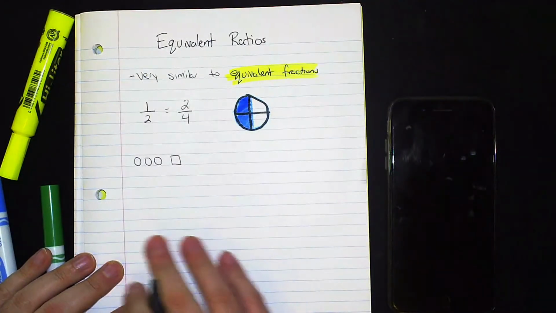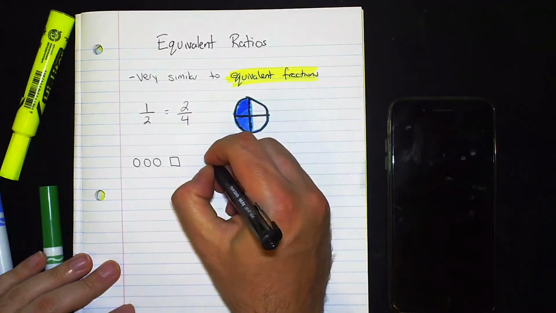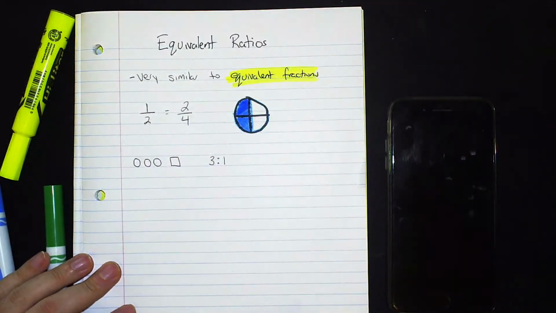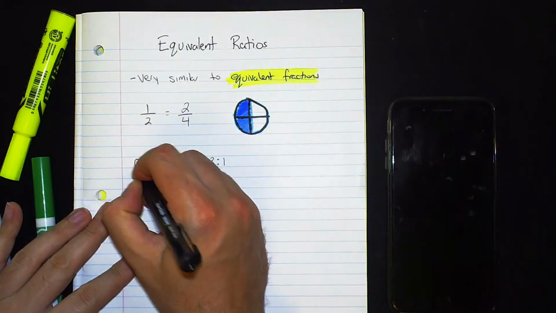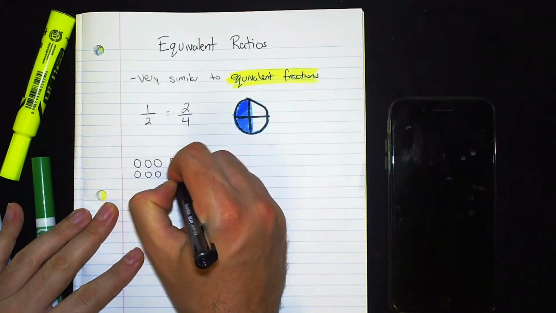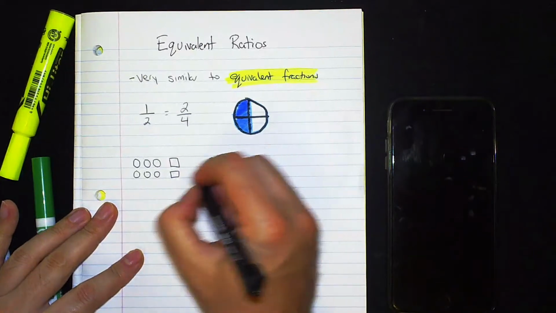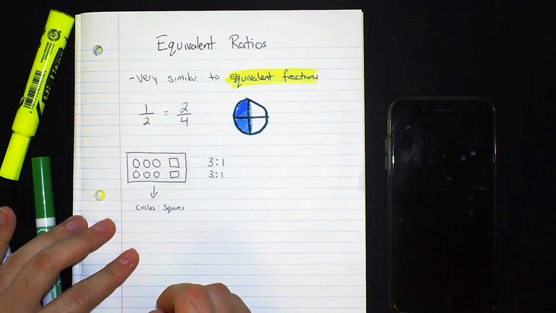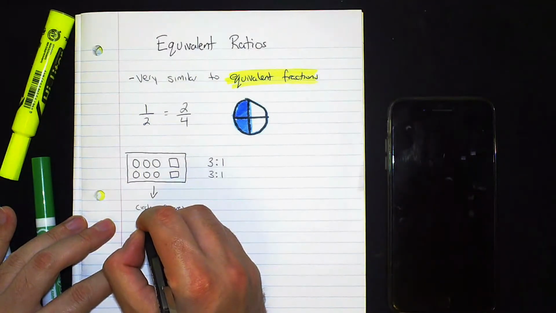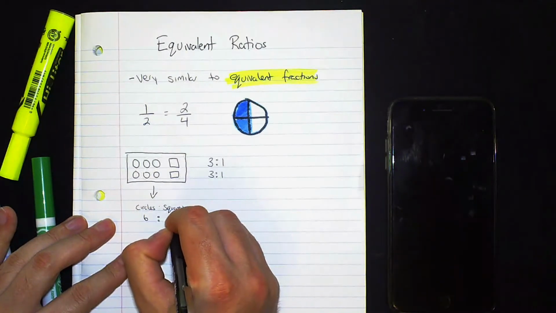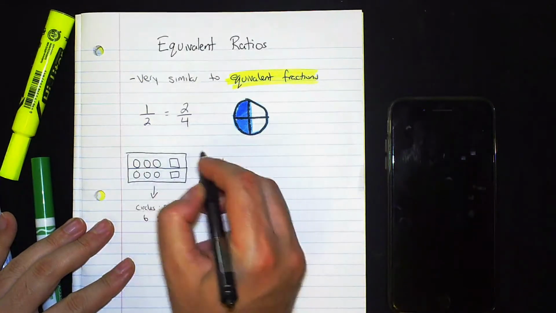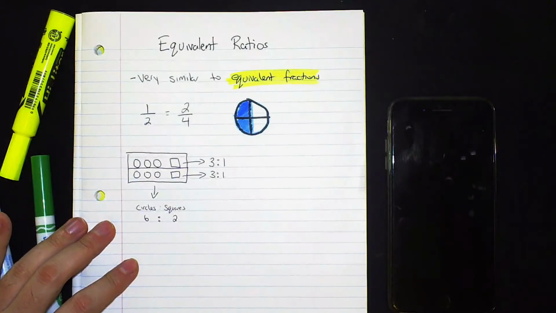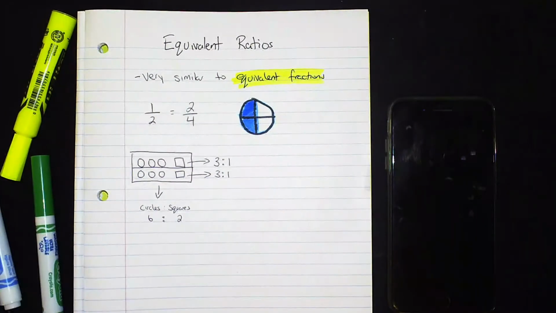So here we have circles to squares. For every 3 circles, there is 1 square. I'm going to draw it again. The same ratio. So this line is also 3 to 1. If I were to put this together, circles to squares would be 6 to 2. But in this example, they're separated and they're 3 to 1. They are the same thing. So it's just like